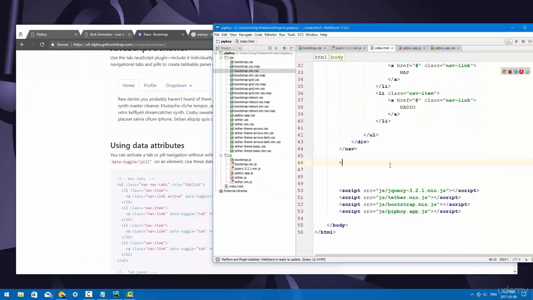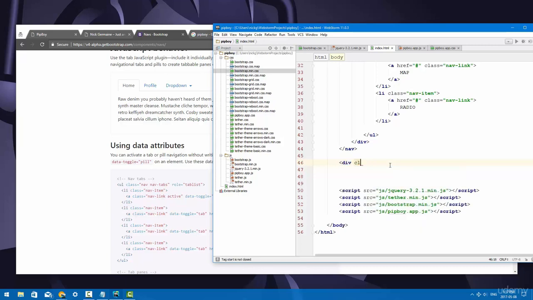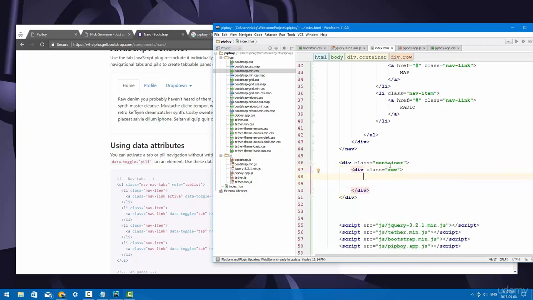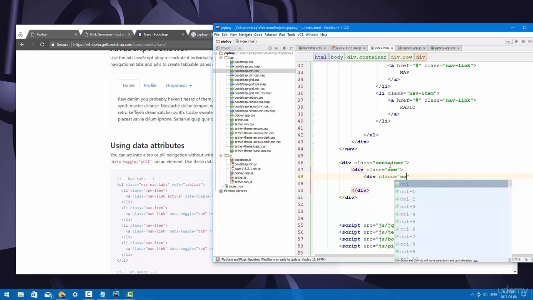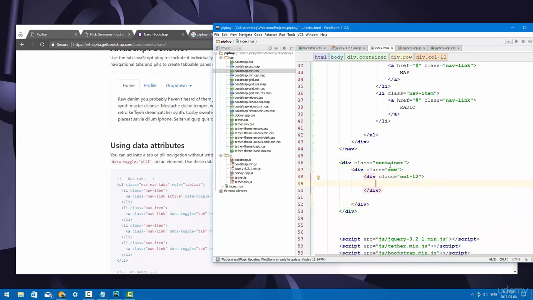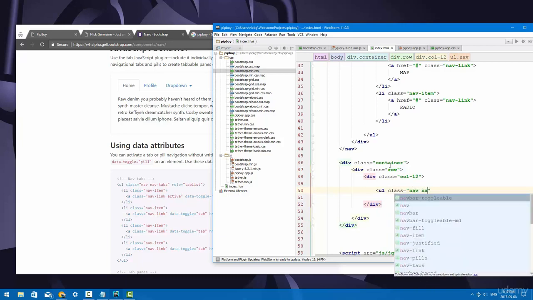So let's jump in here and create a div. Actually, UL first. Actually, yeah, let's put it in a container. So div class container, and then div class row. And then in this row, I'm going to go div class col-12. It's going to be the full width of the container. So now that we've got our main page area created, let's go ahead and write UL class nav